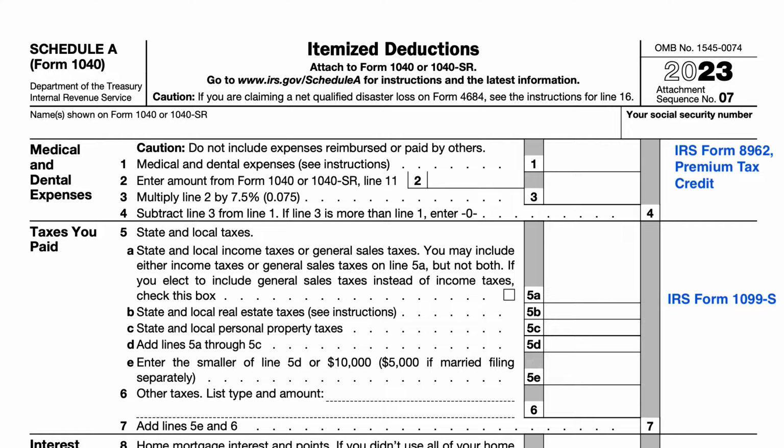In this video, we'll be going over different tax forms that you may need when you sit down to complete Schedule A while filing your income tax return. So, as a refresher, the IRS allows each taxpayer to claim either itemized deductions to lower their taxable income, or they can claim the standard deduction, which is a set dollar amount established each year by the Internal Revenue Service based on a taxpayer's filing status, age, and